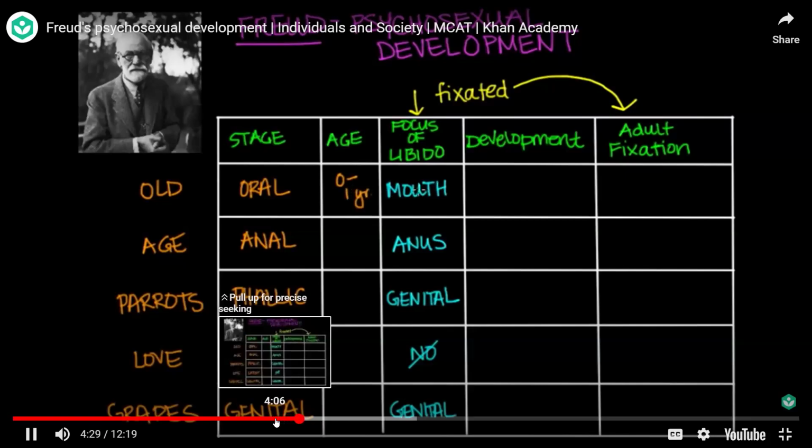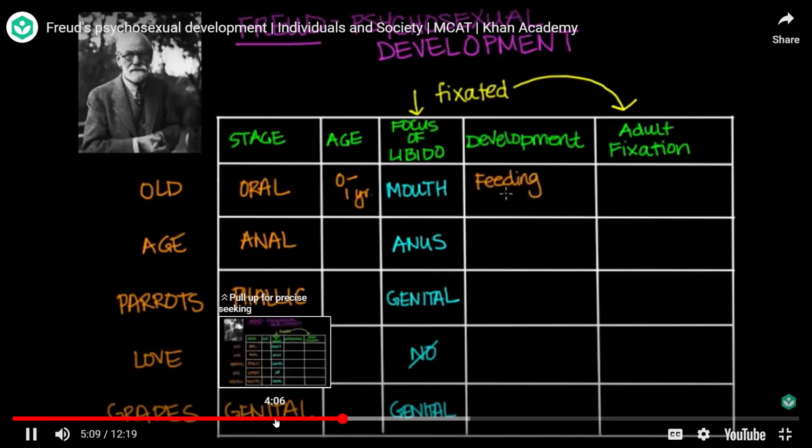So the infant's primary source of interaction occurs through the mouth, through the rooting and sucking reflex. And obviously the mouth is vital for eating. The infant derives his or her pleasure from oral stimulation through activities such as tasting and sucking. And because the infant is completely dependent on their caretakers, who are responsible for feeding the child, the baby also develops a sense of trust and comfort through this oral stimulation. So we can talk about the major development over here as feeding.